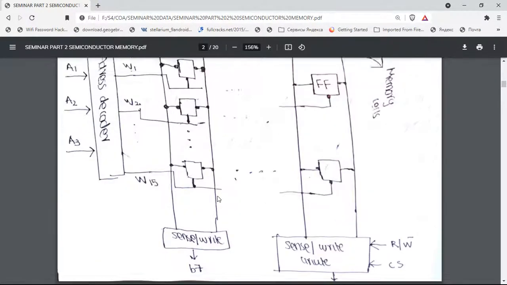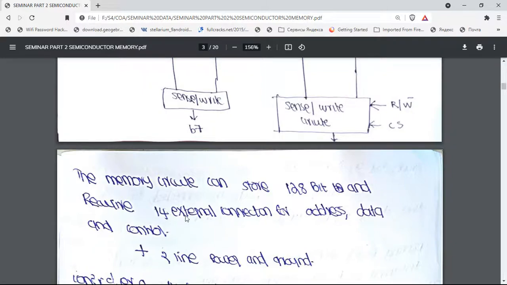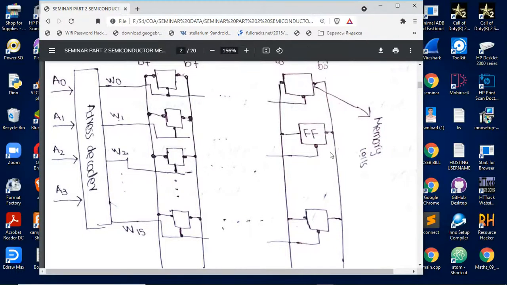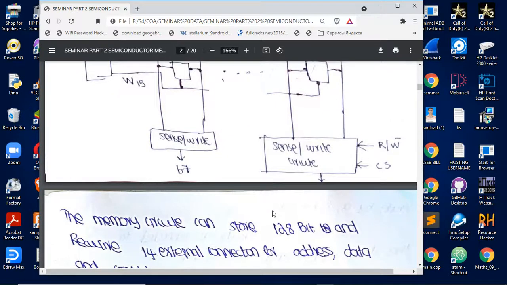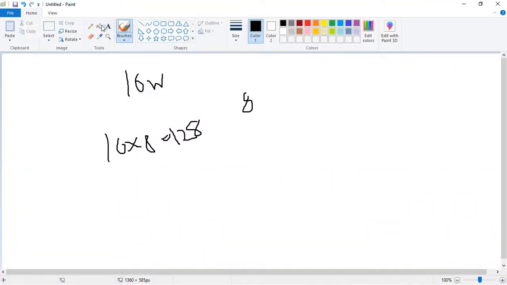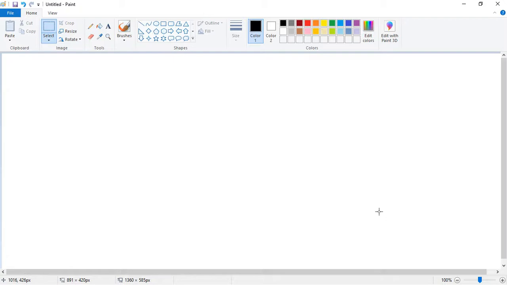So we will discuss the 14 connections for this circuit. We can see 4 external connections coming here. These are 4 external connections regarding the address. How I am going to decode how this needs 14 external connections, that is what I am going to explain. That is an important one, and we will see the applications later. So there are 4 address lines.